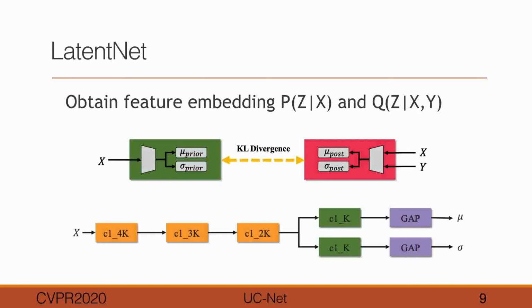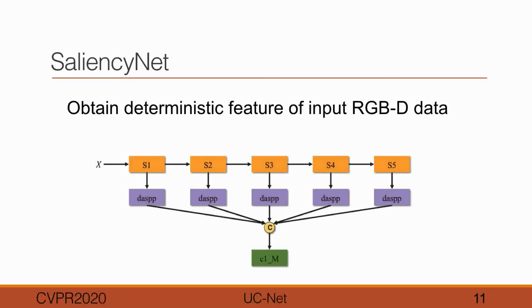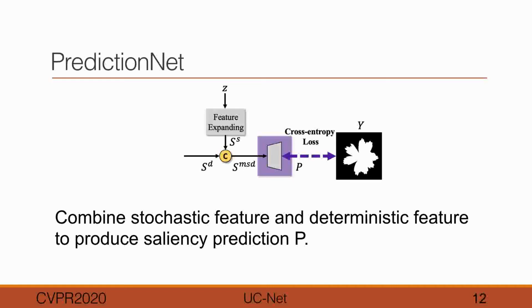The LatentNet aims to obtain the latent variable Z, which takes the concatenation of the input image pair and output to produce a low-dimensional vector Z. The Depth CorrectionNet tries to improve depth quality and produce a refined depth. SaliencyNet is a typical saliency prediction network, which takes the refined RGB-D image pair as input and produces a deterministic saliency feature. The PredictionNet fuses the stochastic feature of the LatentNet and the deterministic feature of the SaliencyNet to produce